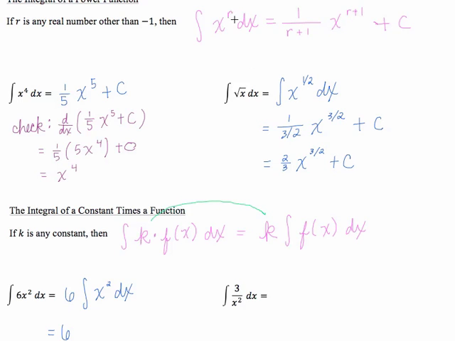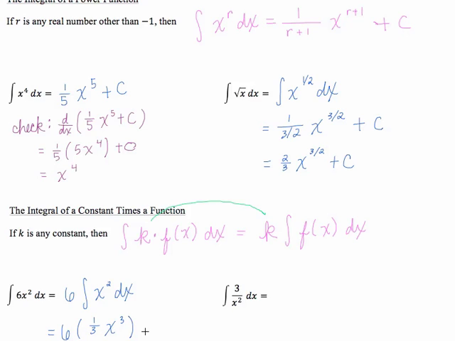The 2 corresponds to that r. So by this rule, it's 1 over 2 plus 1, or 3. So 6 times 1/3 times x to the power of 3. Now I could put my plus c here